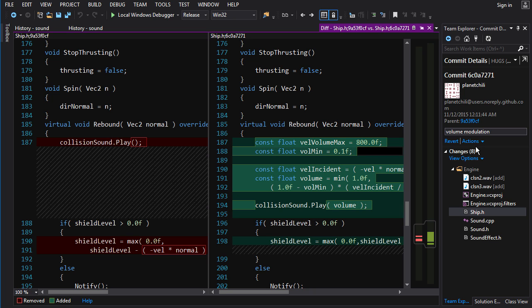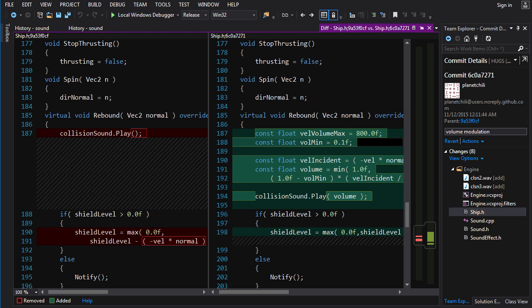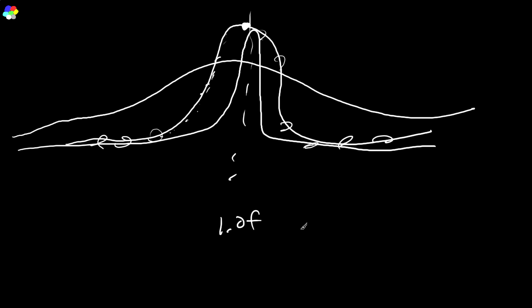So it's the velocity of the ship in the direction of the normal of the surface with which it collides. Because I talked about this when I was doing the shield, if your ship is moving almost parallel,